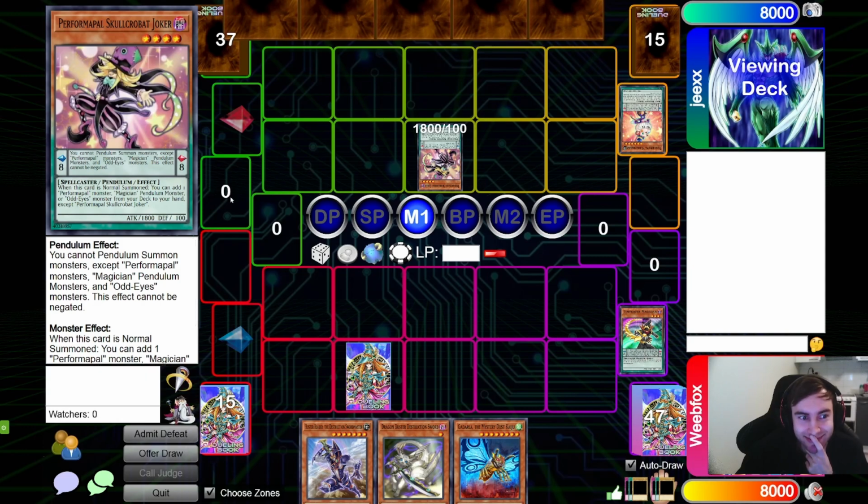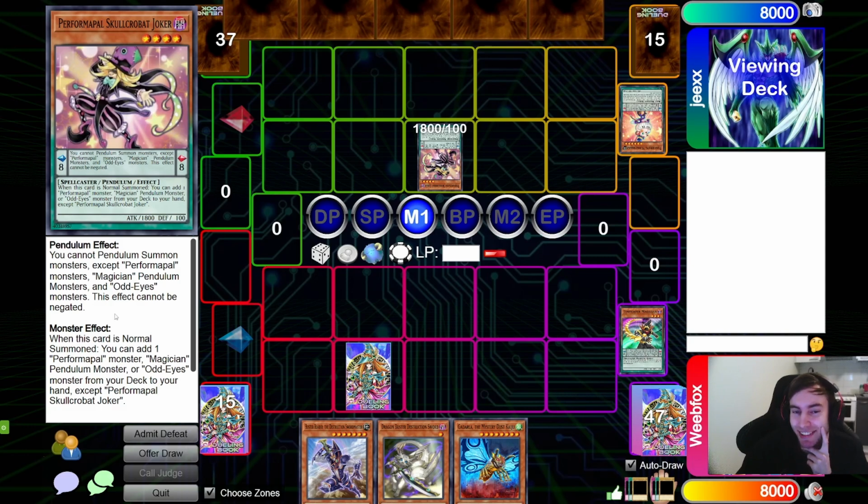See, this is funny because I got kind of unlucky. Did you draw the stuff that you wanted to add with this? No, that would have been better. I'm gonna be honest, this is not gonna go too great. It's a Performer Pal, Magician, or Odd-Eyes card, so I cannot add mages, which is kind of unfortunate because mages would be what I actually do want to add because mages are actually kind of pretty good for this moment. But anyhow,